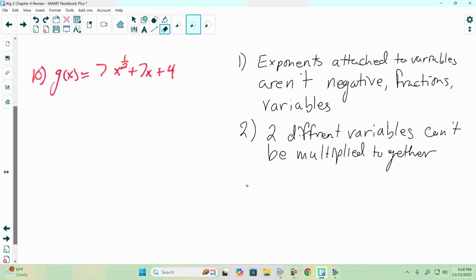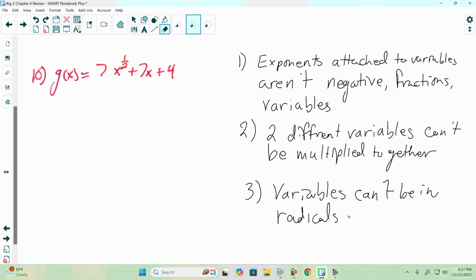And variables can't be in radicals or on the bottom of a fraction. Because if any of these, because if we do have variables or exponents attached to variables that are negative,